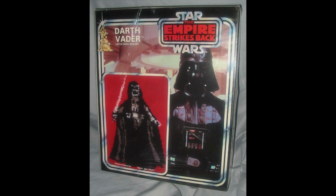And the rug is 20 by 27. And there's Darth Vader with the Star Wars Empire Strikes Back logo in the corner, and again Luke and Leia in the other corner. Now, sadly, the only picture I can find of this one has a light glare on it. Sorry about that. Let's take a look at, I better say it right,